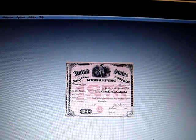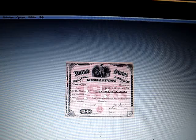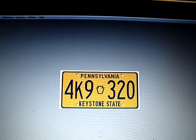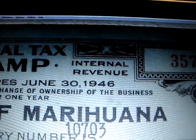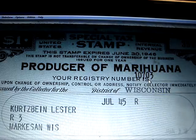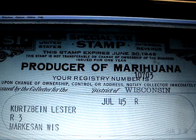Here's another Internal Revenue tax certificate. This is another one for a plate for Pennsylvania. But interesting, here's one, 1946, for a producer of marijuana. And this number here, this red number in the corner,